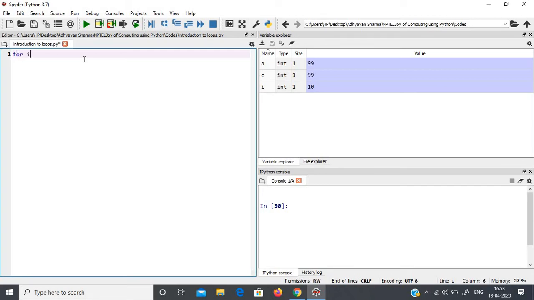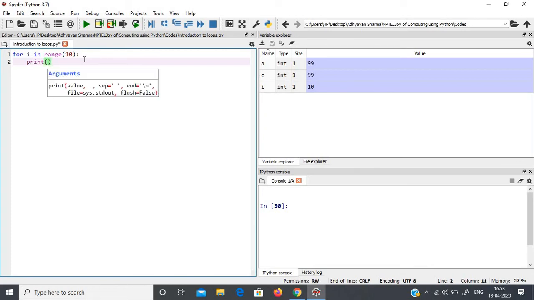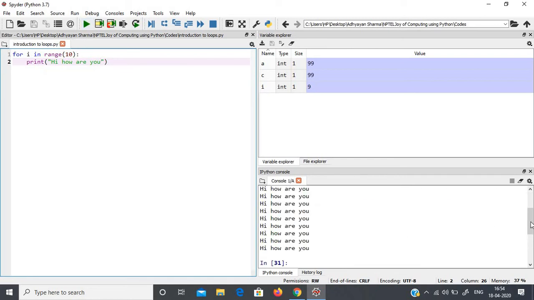Let me write: for i in range 10. Then I will write print, and whatever text you want to write, I am writing just hi, how are you. Now see, let me run it. You can see I have not written it 10 times.